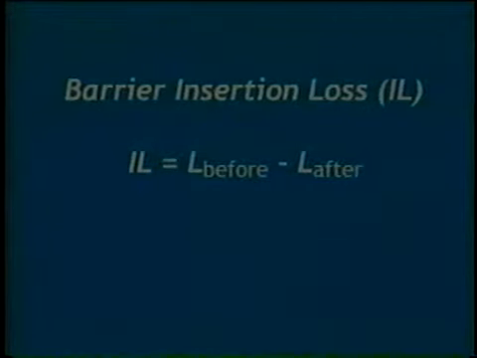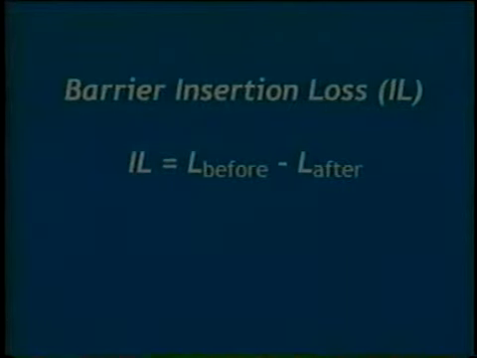The construction of a barrier usually results in a partial loss of soft ground attenuation, a loss apparent when compared to the no barrier case. This is due to the barrier forcing the sound to take a higher path relative to the ground plane. Physically, barrier insertion loss is the net effect of barrier diffraction, combined with this partial loss of soft ground attenuation.